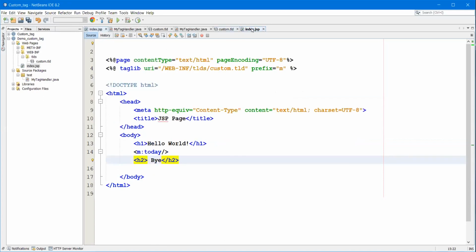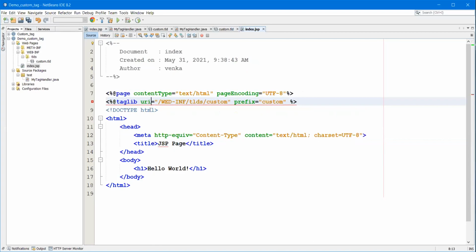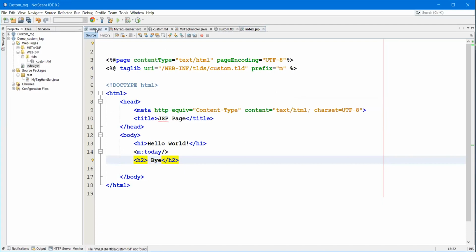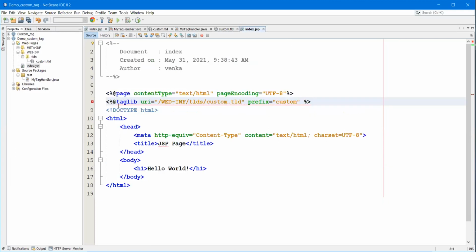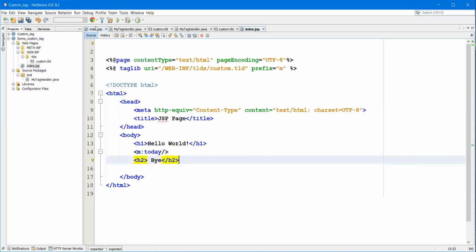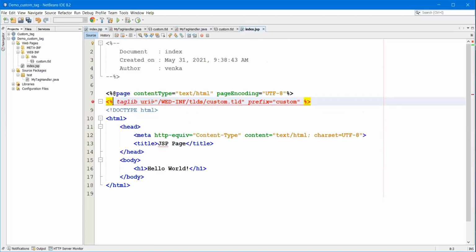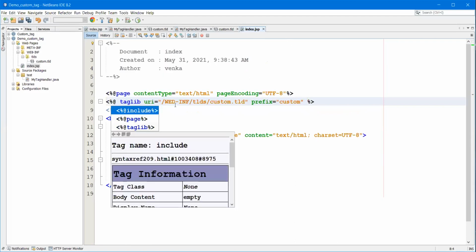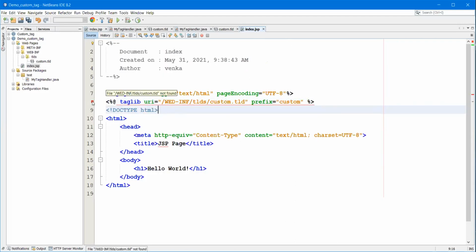Sorry, it should be web. Yes, that is fine.